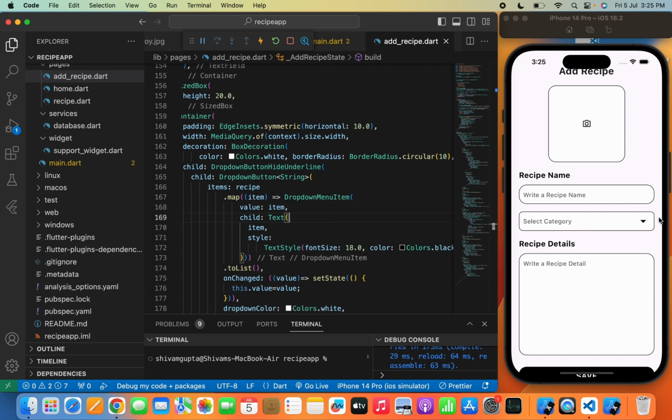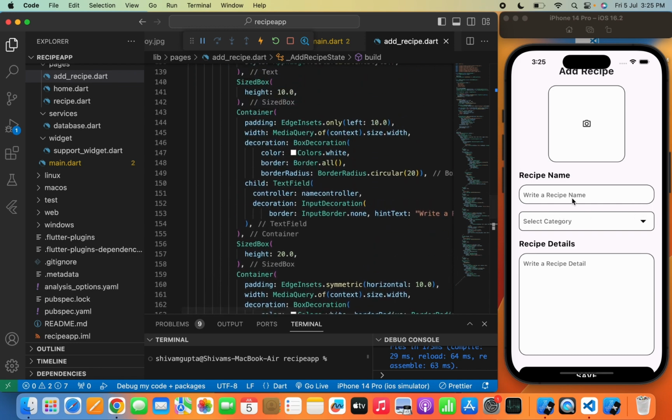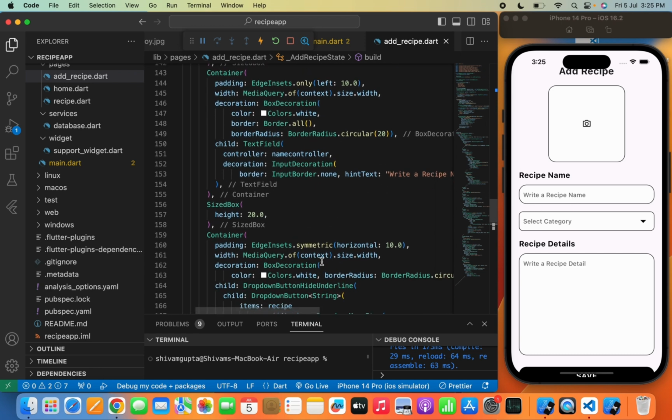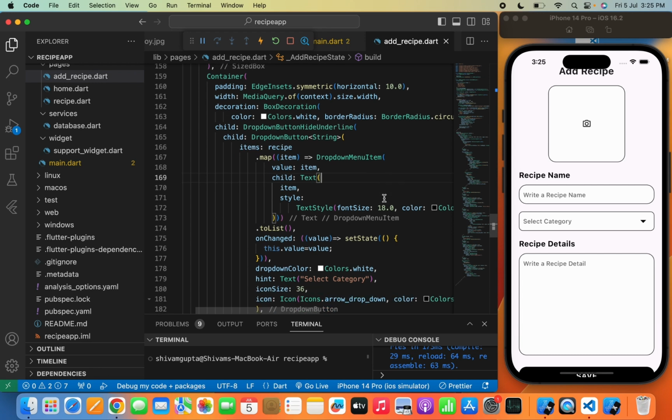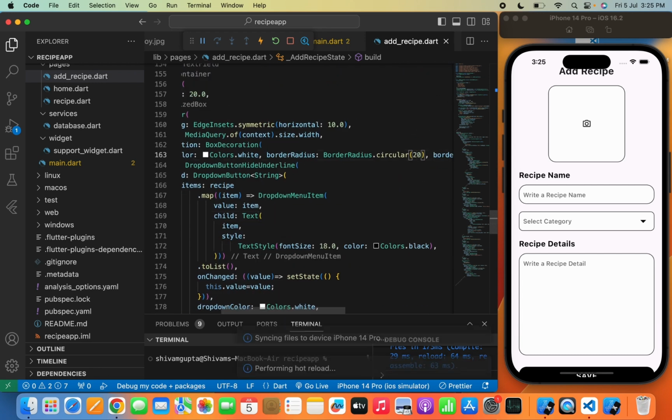Now you can also provide the border radius so that it will match with the text field that we have just mentioned above. So I will do one thing, we need to pass 20. I will simply pass BorderRadius.circular up to 20. Yeah, here it is. Now we'll click on it,